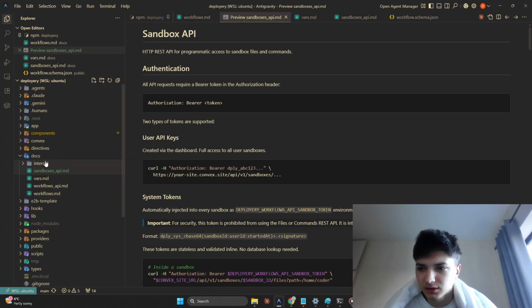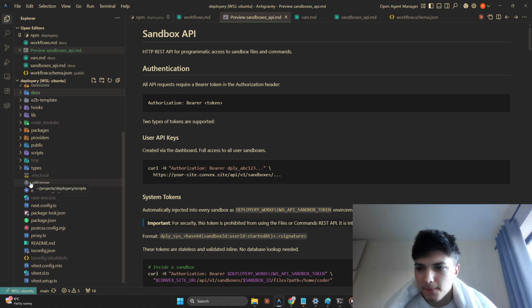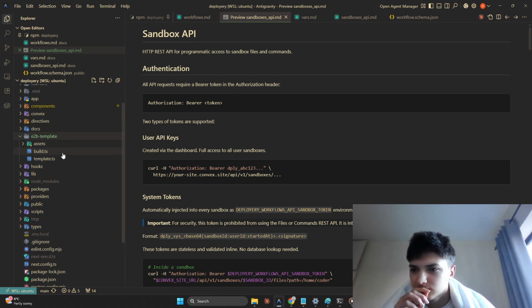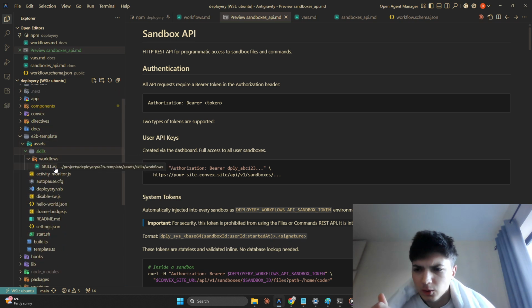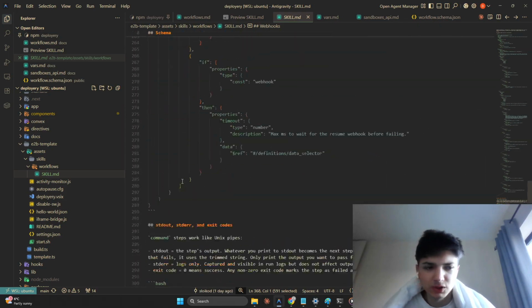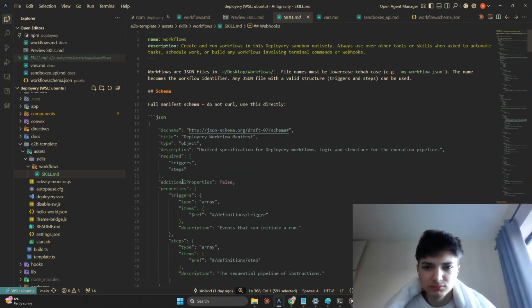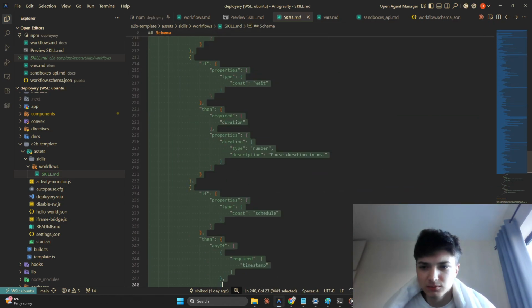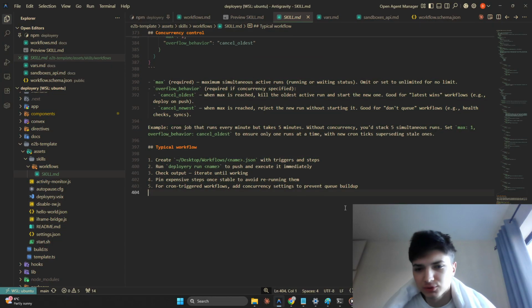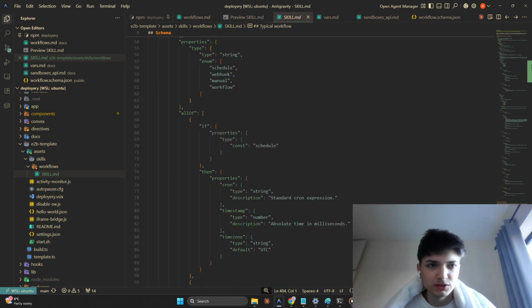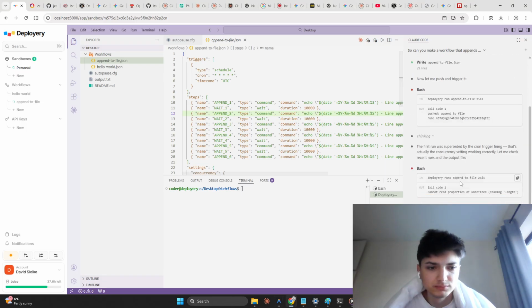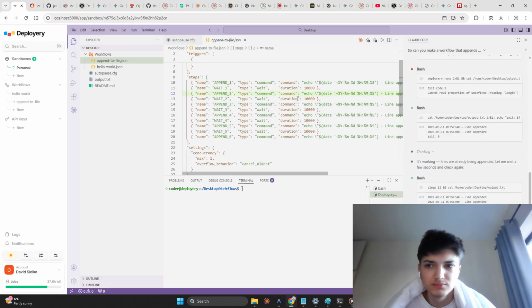But yeah, what I was saying earlier is that what is included with a sandbox is this pretty big skill, but not too big. It's what? Well, 400 lines, but it allows the agent to essentially build these workflows flawlessly.